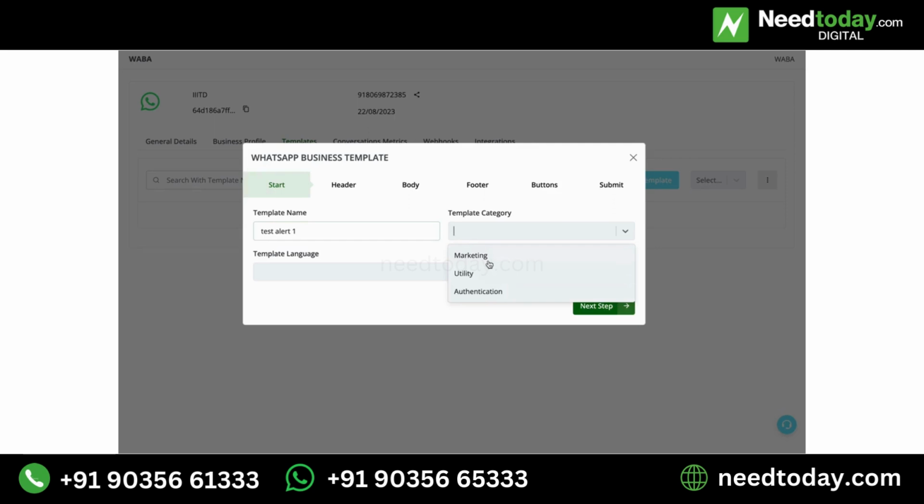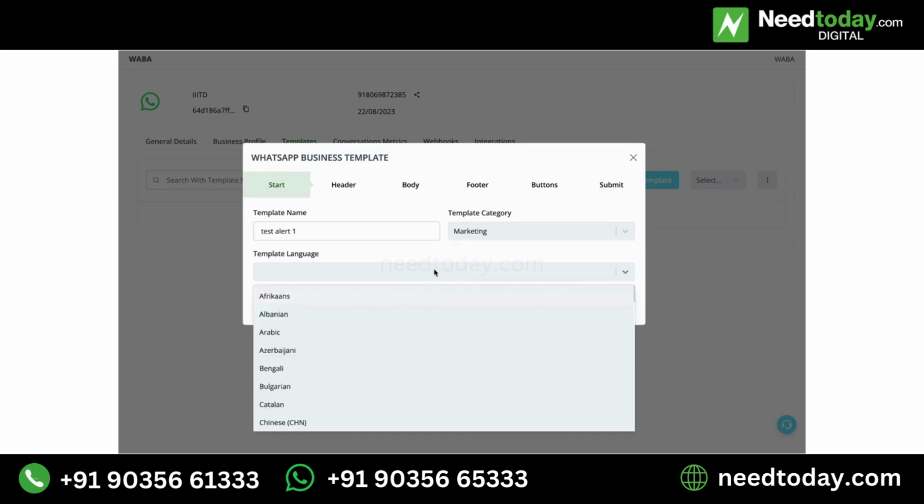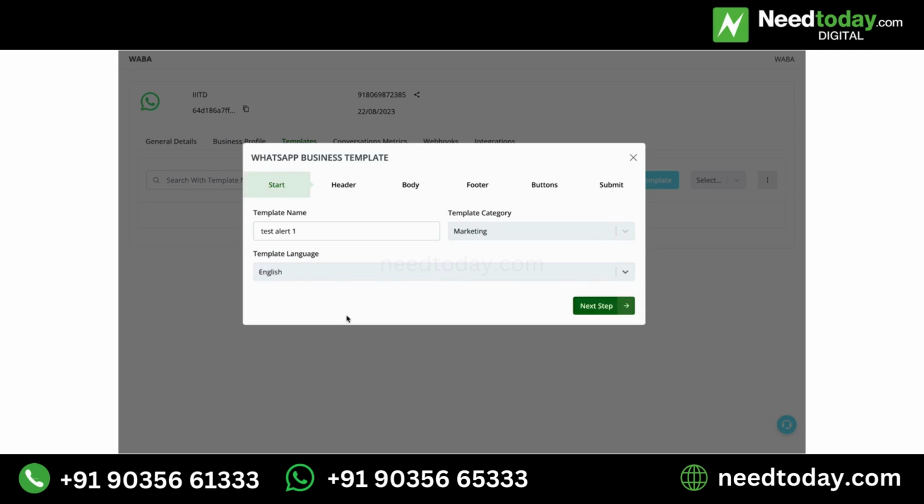You have multiple category options for your template, so I'll explain all the three categories. The marketing category is used for sending product updates, offers, discounts. The utility category is used only for transactional updates, and the authentication category is used for sending OTPs. I'll select the marketing category, select the language of your template,